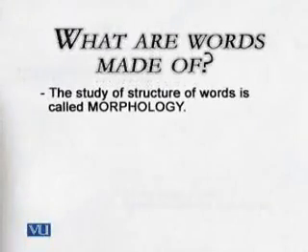Let me give you another sentence, and then we'll study what the different morphemes are, how they work, and how these morphemes get together to make words. By the way, the study of the structure of words is called morphology. A word is composed of morphemes, and the study of morphemes is morphology. So, indirectly, we can say the study of the structure of words is called morphology.